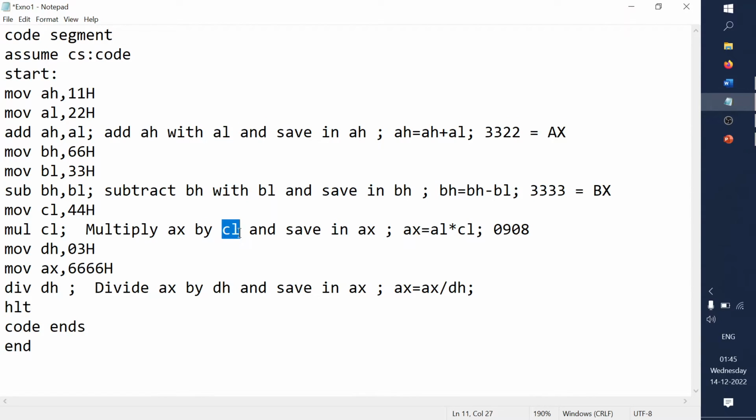So the value of 44 will be multiplied with your AX register, and after that it is going to save its value inside this AX register. Since I am using this condition in terms of CL, the multiplication is going to look like AL multiplied by CL, and it is going to be saved in AX. That is the exact meaning of this syntax. So multiplication of AL is done with CL, and after that it is going to save